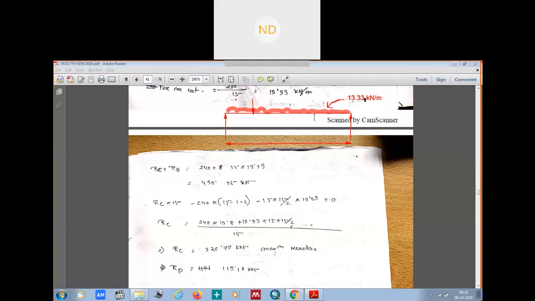Okay, so this is our UDL. Then we have this thing. What was our load here? Because this was the total: our trolley plus the crane capacity. Crane capacity is the crane plus the trolley weight. The self weight of the crane as well as the weight of the trolley. So this was how much? This was our